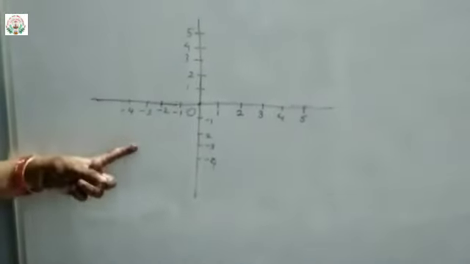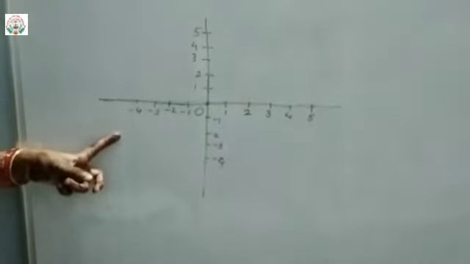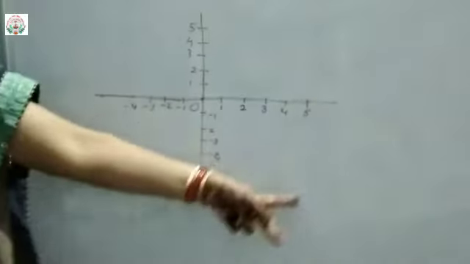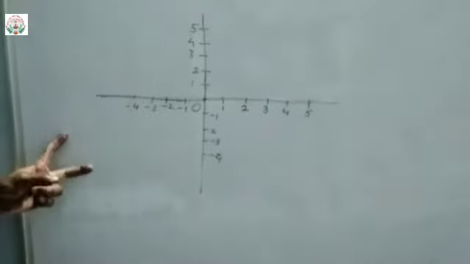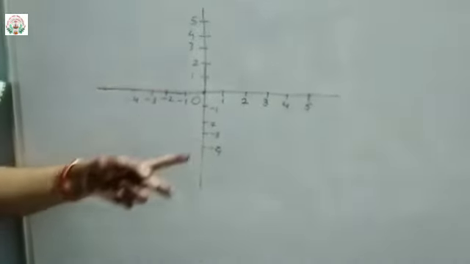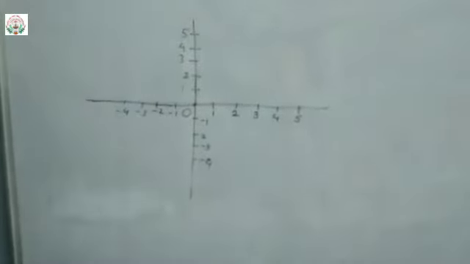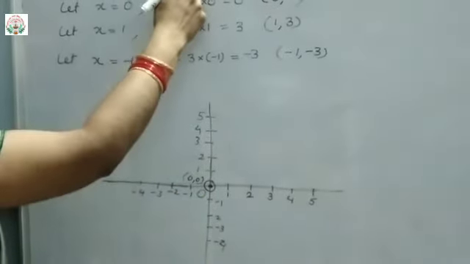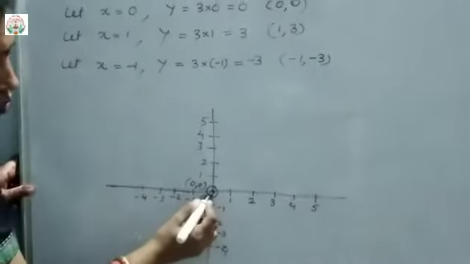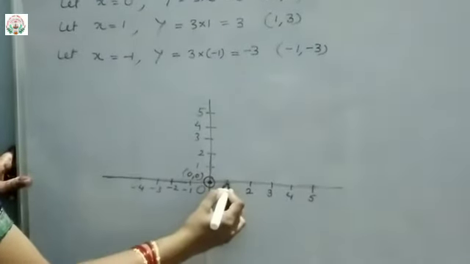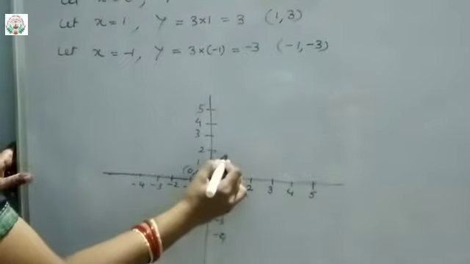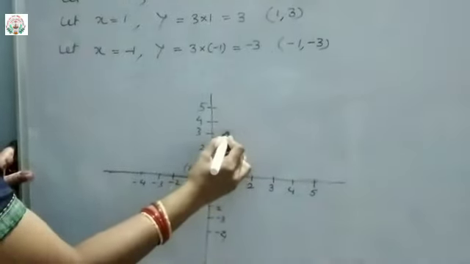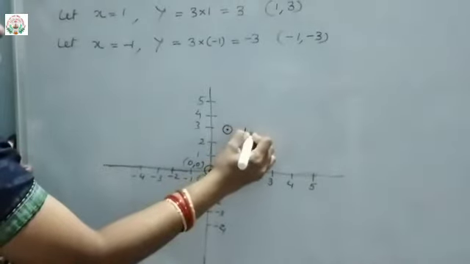This you have to plot on graph paper, again and again I am telling. Cut this paper from the graph paper and then paste it in your mathematics copy after plotting the graph. Now see, here what are the values? X value is 0, then y is also 0. So this is my first point, that is 0, 0. Then what is my next one? That is 1, 3. When x is positive 1, what is my y value? That is 3. So 1, 2, 3. Here it will come. So this is 1, 3.